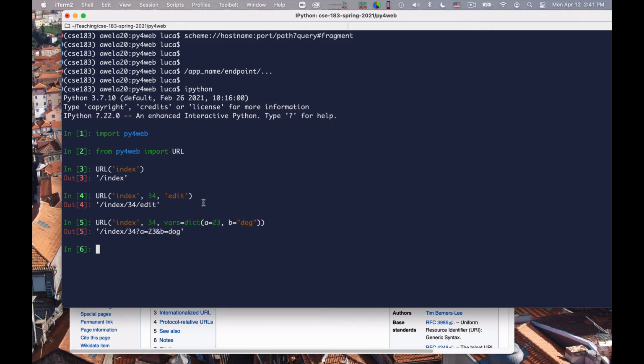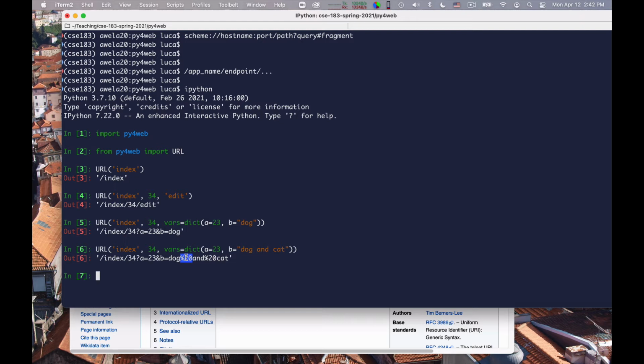This also takes care of encoding any characters that cannot directly take part in a URL. For example, if you say dog and cat, here there is a space character that needs to be encoded, and the URL facility of Py4Web takes care of encoding it. You see it has become this %20, which is the encoding of a space.